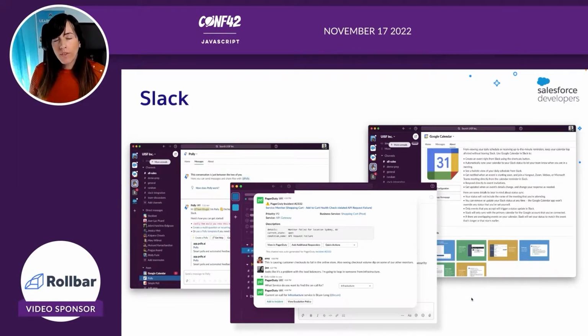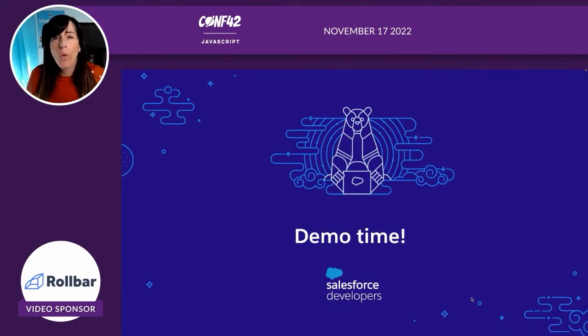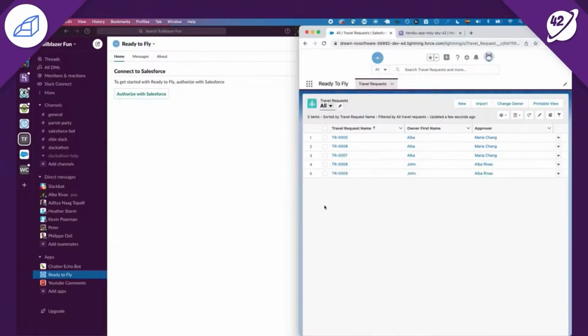So today, what I'm going to do is to explain to you how to create one of these integrations. Really, we are going to create a custom app, and we are going to start by demoing the app. The app that we have created is called Ready to Fly. Ready to Fly allows you to create, approve, and reject travel approval requests that are stored in Salesforce right away